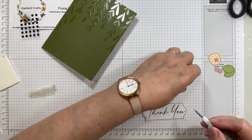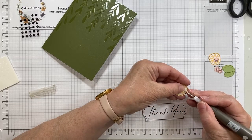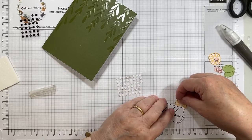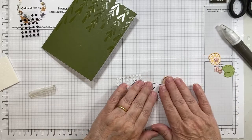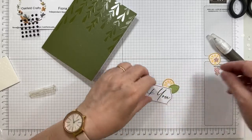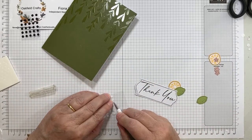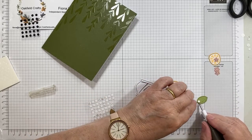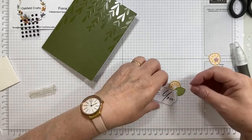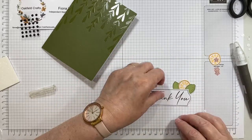I'm just going to put a glue dot on here and fix that underneath. Dear. I can see there being a bit of tutting going on here. That's that. And then you can tuck that, one in the front, one behind. So the one in front, I'm not actually going to put a dot on it, simply because it's just been tucked between. This one I will, because I want it behind that particular orange slice. And then